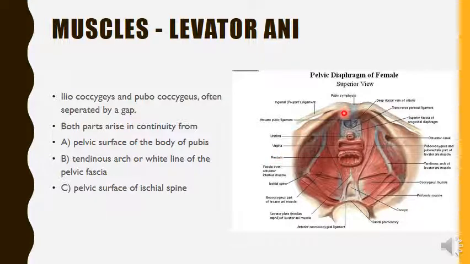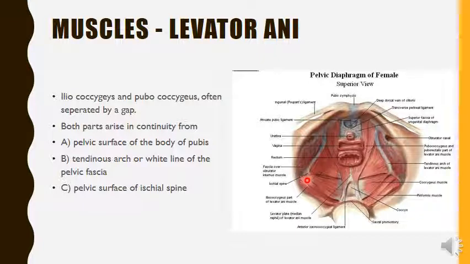So here we can see the sides of the walls of the pelvis. This is the pubis, this is the ilium here, right? So it is attached to the sides of the walls of the pelvis. And levator ani arises from each side of the walls of the pelvis, and fibers from ischio-coccygeus attach to the sacrum and coccyx, but the remaining parts of the muscle converge in the midline.